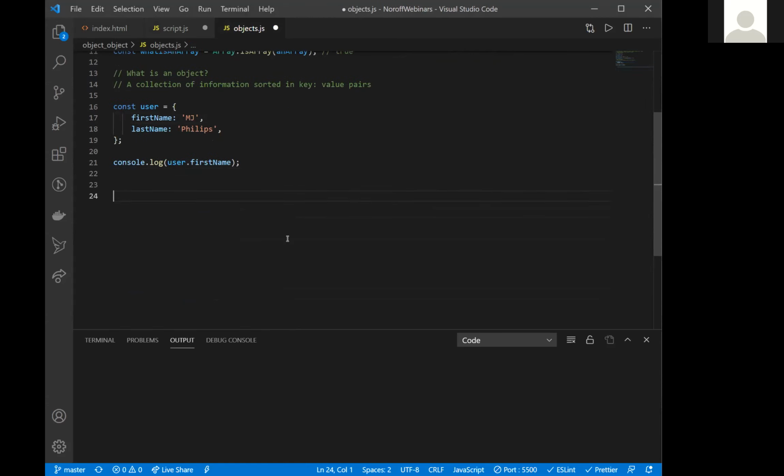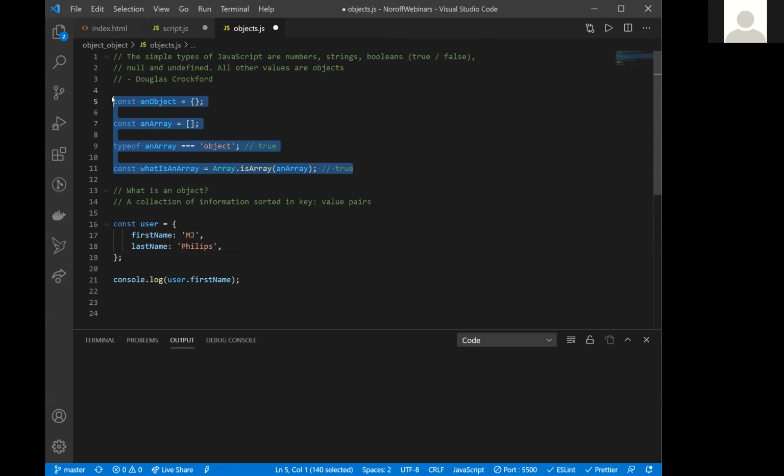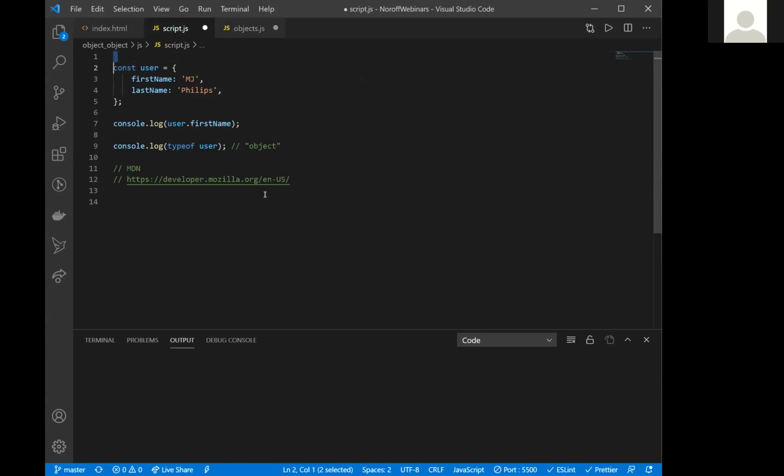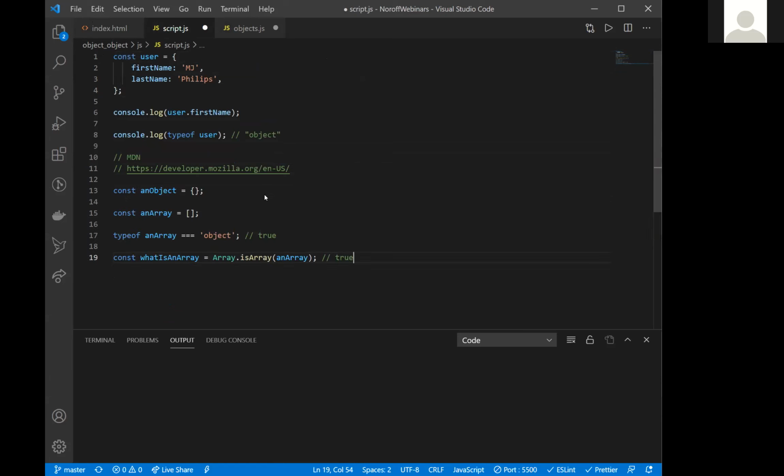Let's say we want, let's do this, just copy it in. I'm just cleaning up my code as we go. I'm sorry about that. So here you can see the stuff I typed in the console,